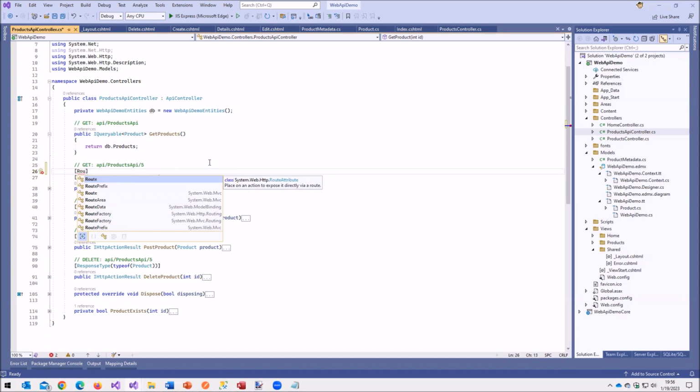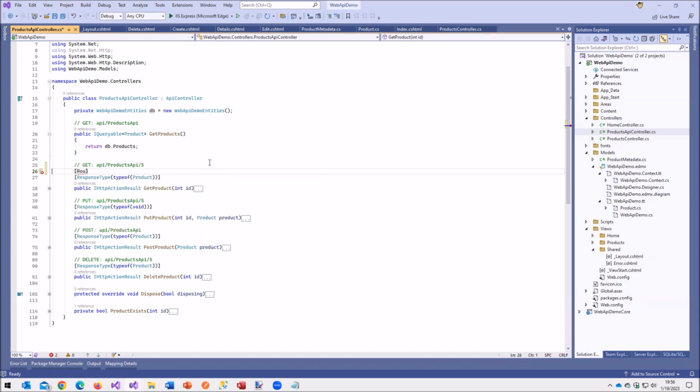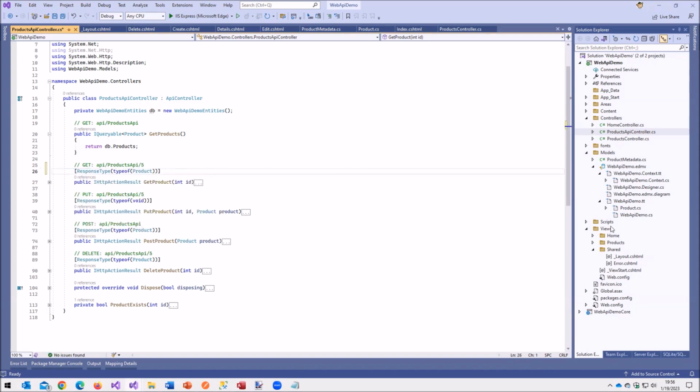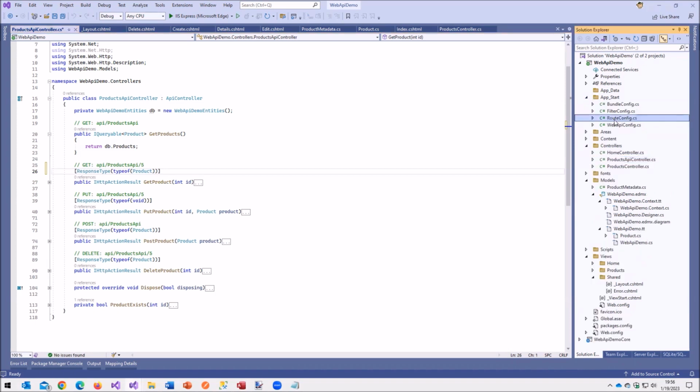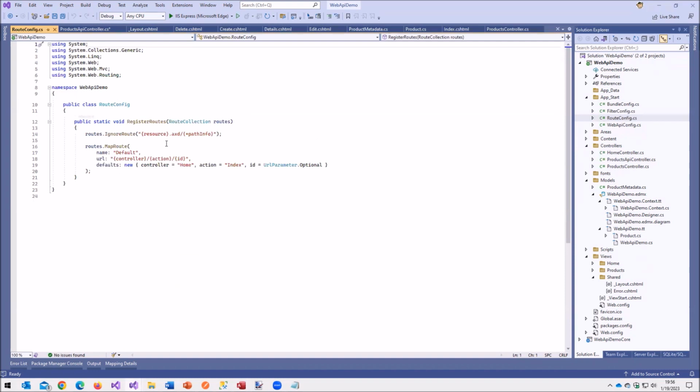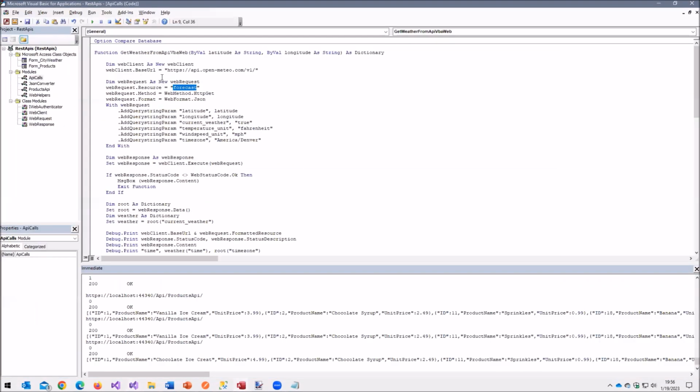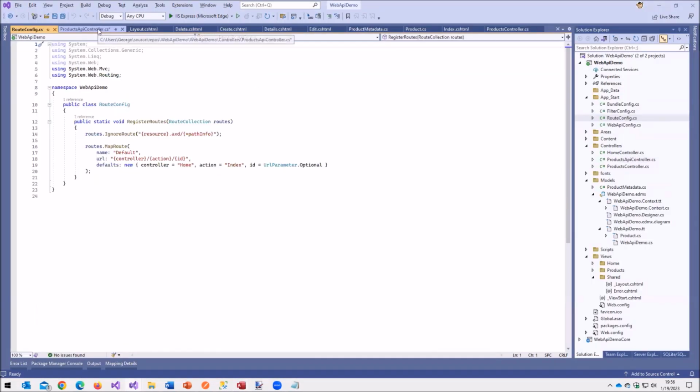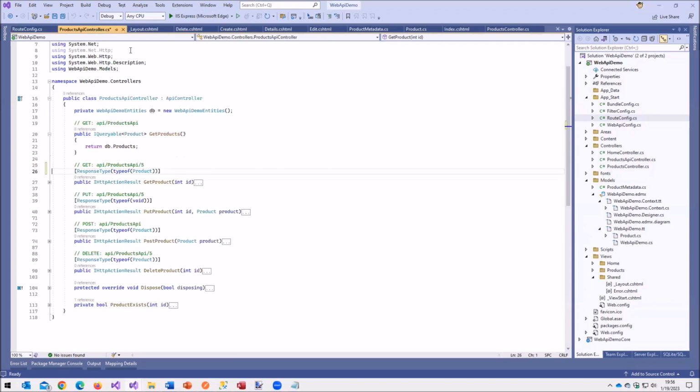So yes, you can use that, and you can set it as a parameter there, but you can also use Route config. So you can also set it up in here as a route. And by default, when you create the API using, in this case, Visual Studio and .NET Framework, it automatically puts that API in there. But you can get rid of it. You can put anything you want there. Thank you.